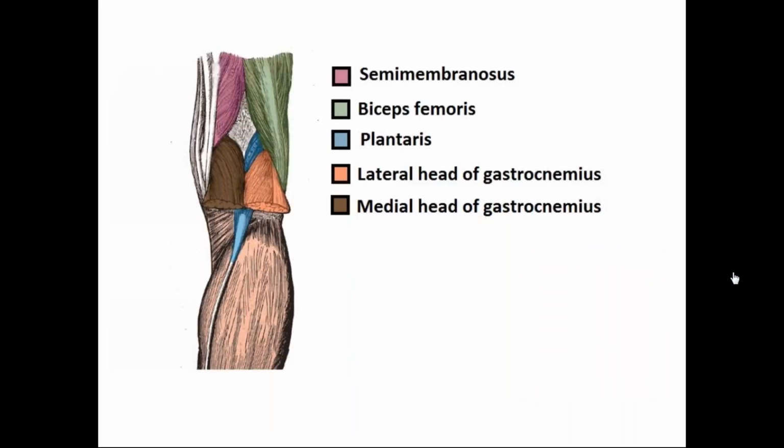Since the popliteal fossa is a rhomboid-shaped depression, it is bounded by a different group of muscles on four sides. The superolateral aspect is bounded by the biceps femoris muscle. Superomedially, the semimembranosus and the semitendinosus form the boundary. Inferomedially, the medial head of gastrocnemius forms that boundary. Inferolaterally, the lateral head of gastrocnemius, supported by the plantaris muscle, forms the boundary.